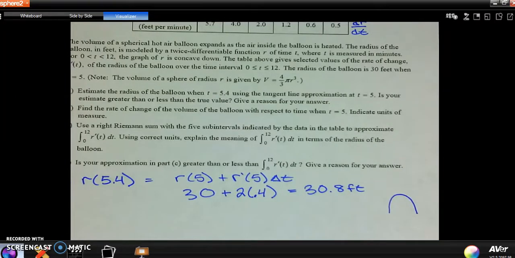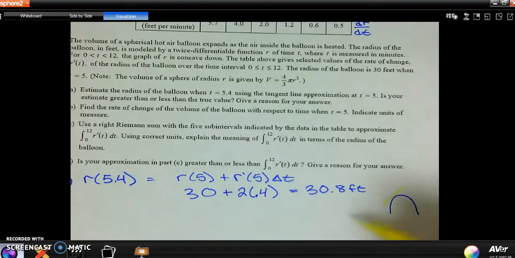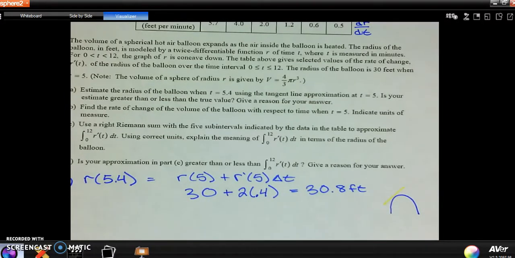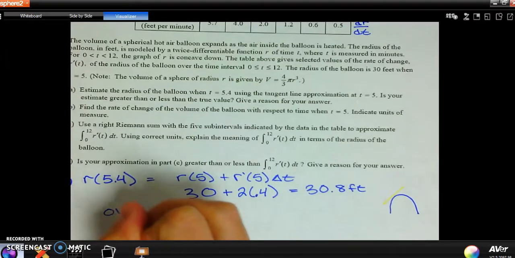And you are going to draw in your derivative, okay? So if something is concave down and you had to draw a tangent line to that, notice that your tangent line, no matter where you draw it, is going to be above the graph. Versus if you were concave up and you drew a tangent line, it would be below the graph. And you're going to use that. It shows up a bit in some of these problems. So I just have that drawing of something that's concave down, and I know it's concave down because it told that to me. And because concave down, the derivative is above it, so the derivative is going to be an overestimate. Okay? So I would say overestimate